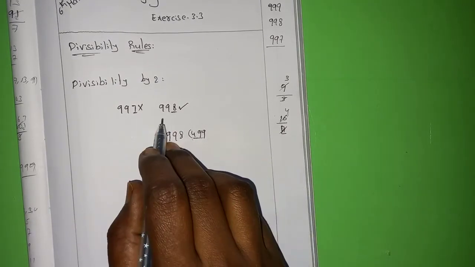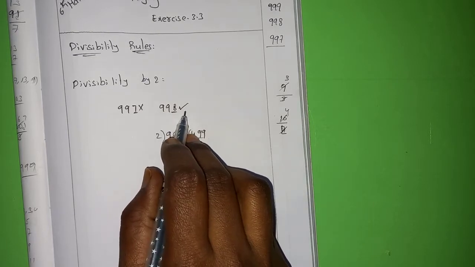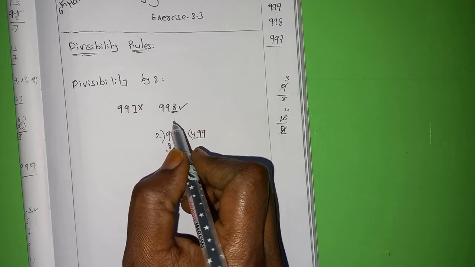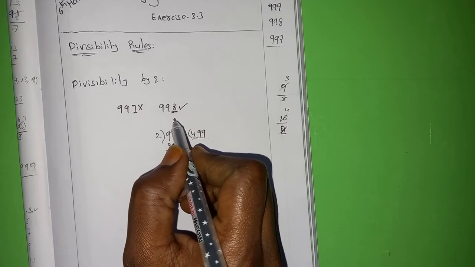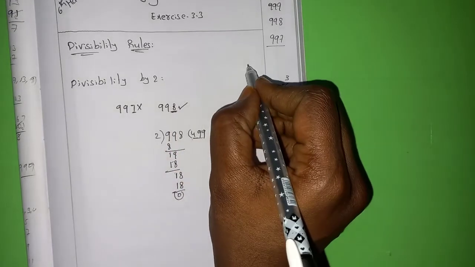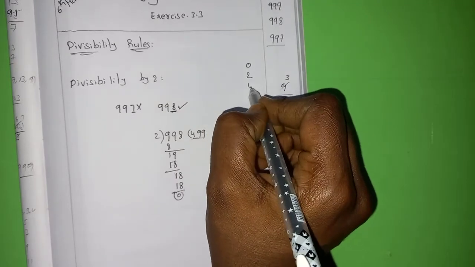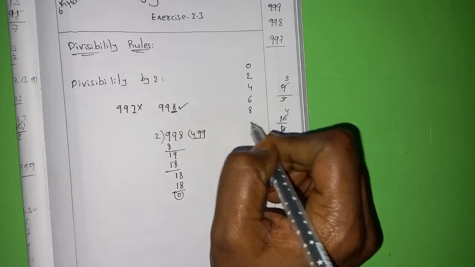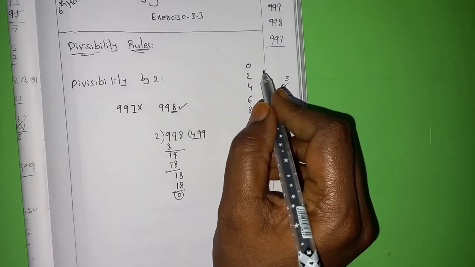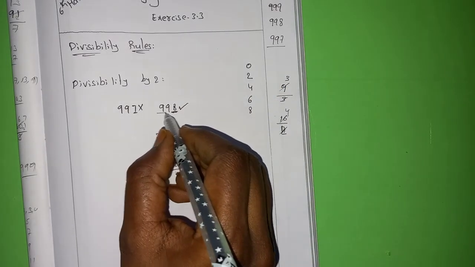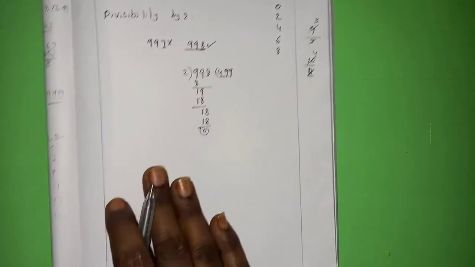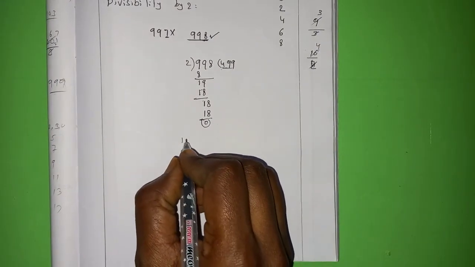Okay. So by seeing any number, the last number is an even number. You can understand if the number is ending with 0, 2, 4, 6 and 8, then you can call those numbers as even numbers. That is the reason I can easily say 998 is divisible by 2. Let us take one more number,